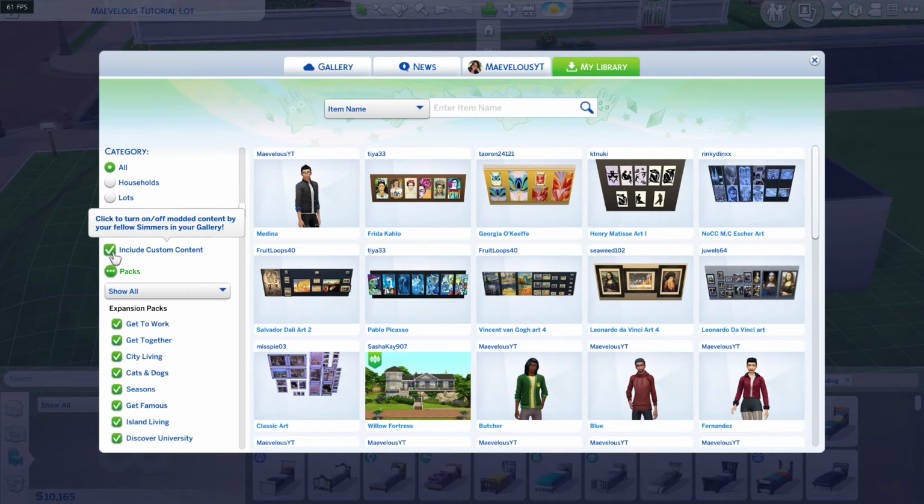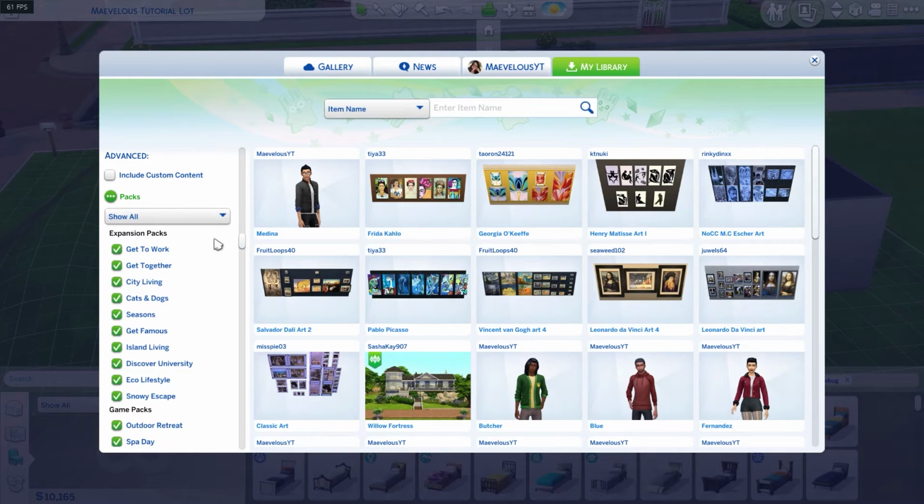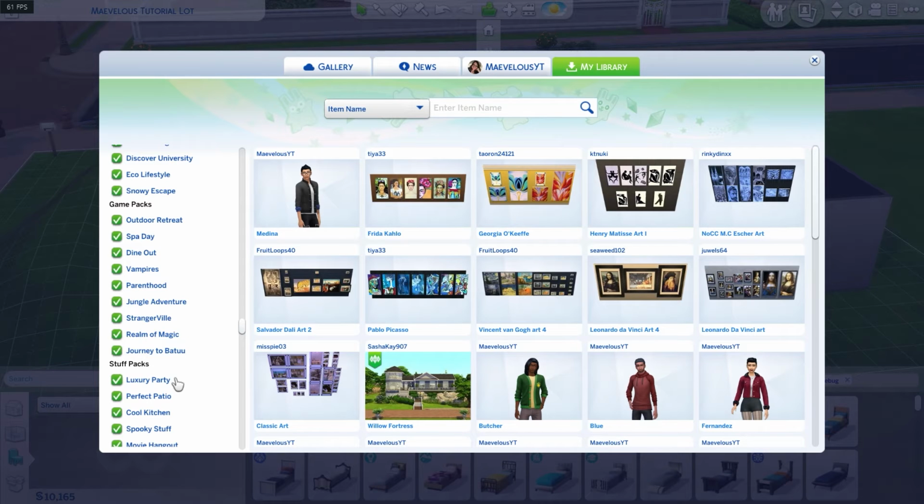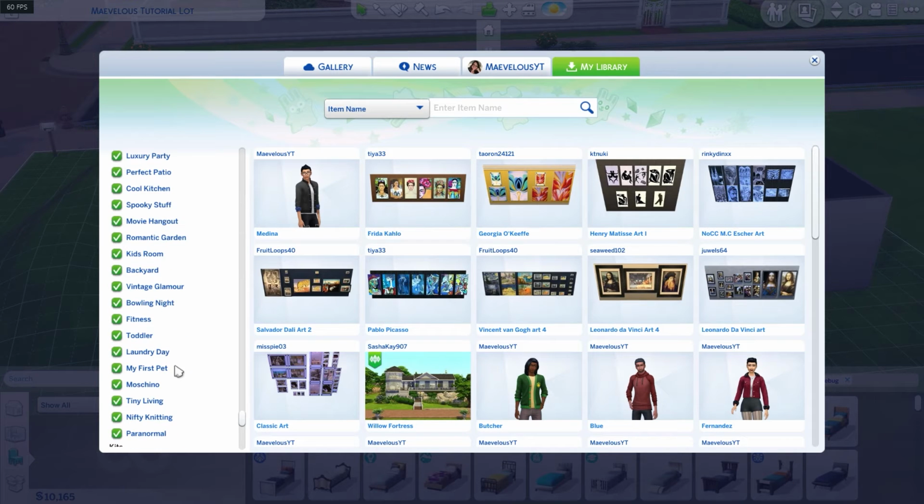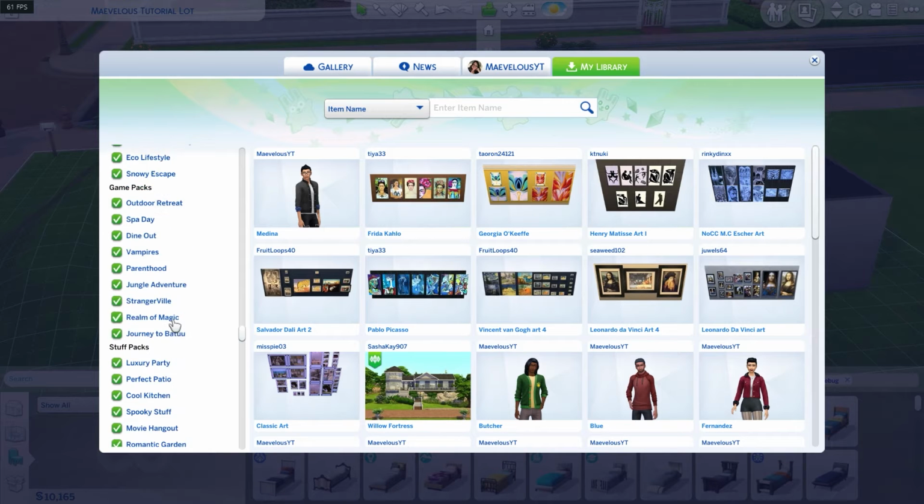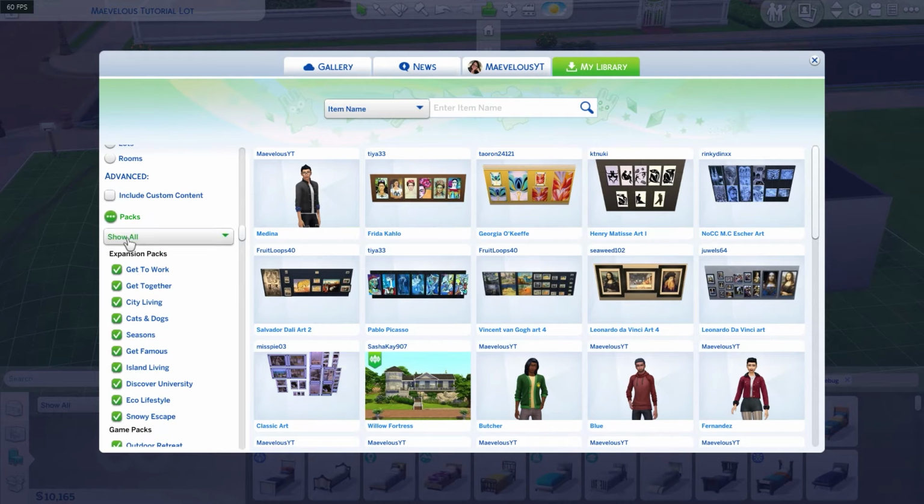And then you have advanced, so we can include custom content or we cannot. I don't really use custom content, so for me it doesn't matter if I click this box or not, I'm going to get the same stuff. And then you can also sort by packs, like which packs are used in the build, but I actually don't recommend this. I don't feel like it makes it any easier, because basically when I click which packs I want to use,